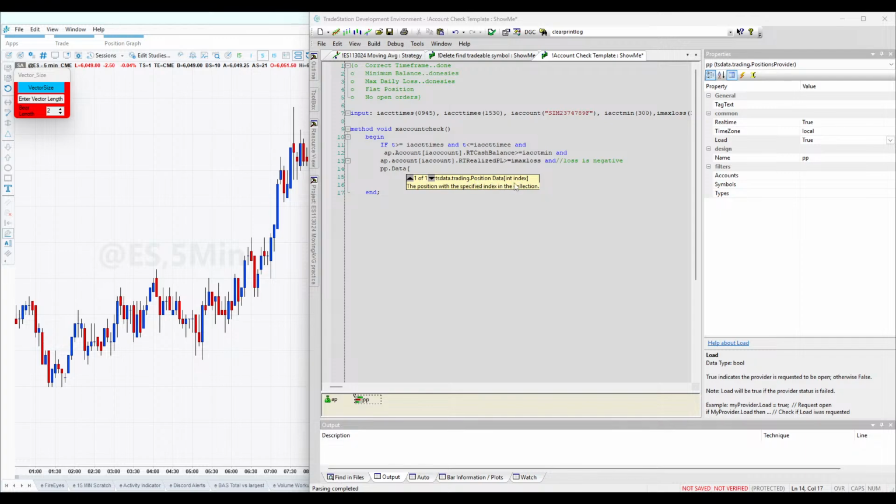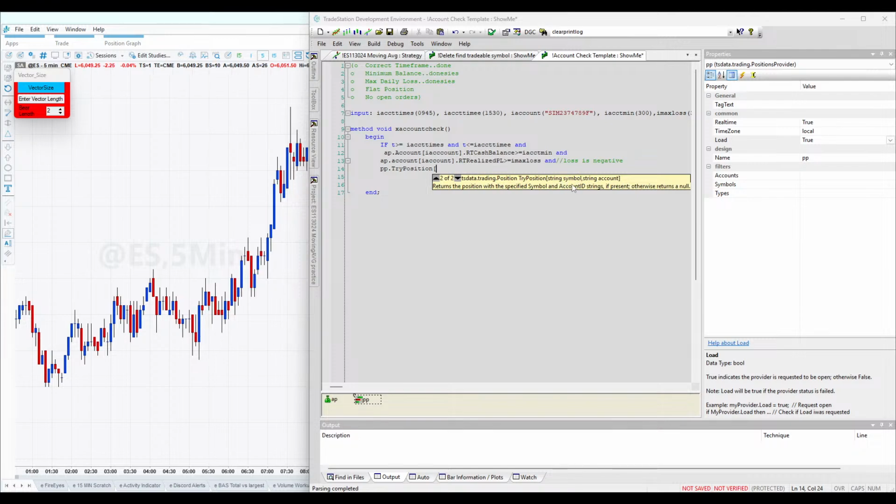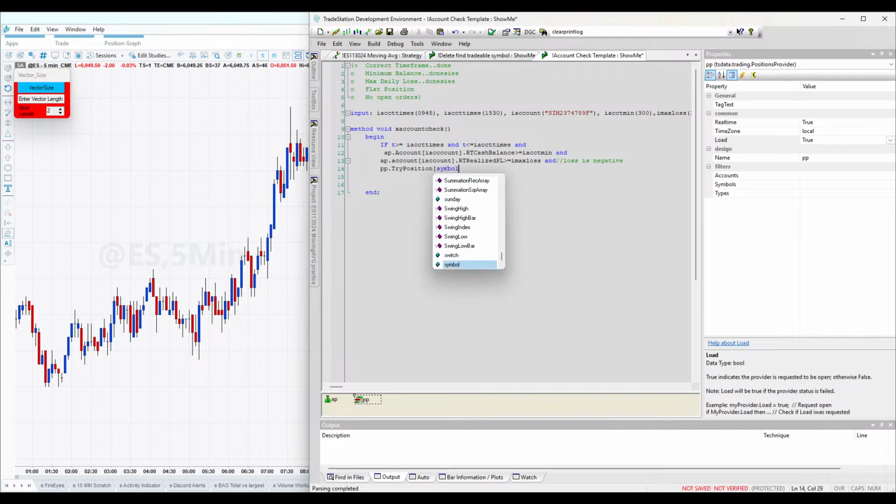Positions provider. Actually, let's do try position. Try position, and then hit the down arrow, and you'll see that in order to try position, you're going to try your accounts to see if it has this position on. What is the position? We're looking for this symbol, and we're looking for this account. Okay, so for whatever symbol that we're currently trading,